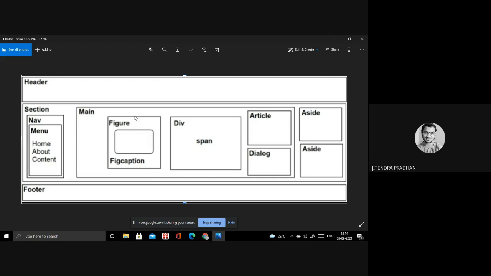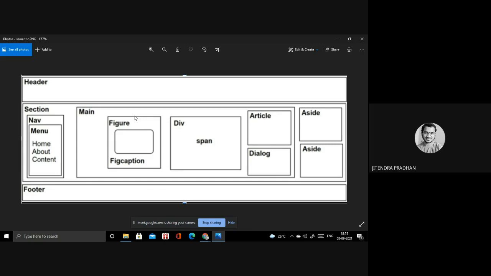Division means if you want to divide particularly in the main section, you can by using div or section. Aside means we divide it particularly for advertisement purposes or any such purpose. If you go to W3Schools, there is an advertisement on the right side. I will show you later. Next is article. If you want to write an article or some content inside, then you can. As per your requirement you have to use that one.